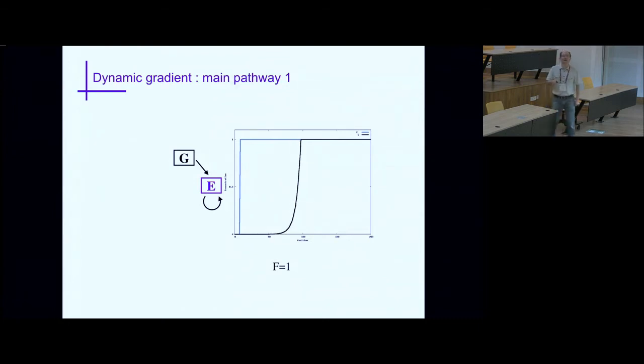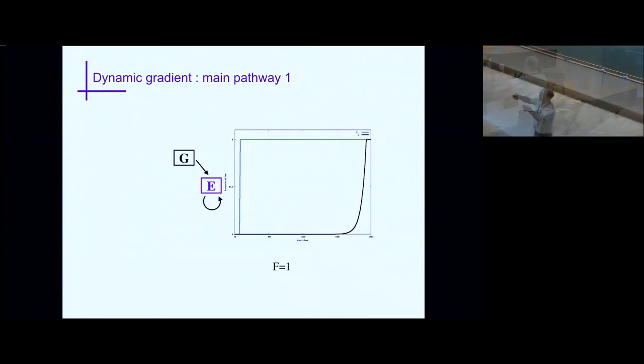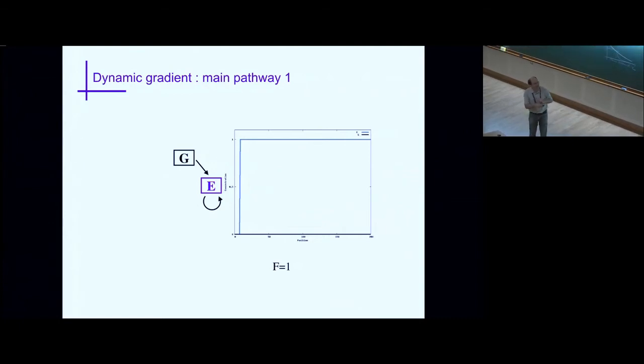Oh, it's related to something I commented on yesterday. In this region, E is activated both by G and by E. So how do you account for having two activations at the same time? Activation is not additive here. It's more like a maximum of activation. There's a maximum activation rate, and once you reach it, you cannot go above it. That's why it's not higher in this region. Okay?